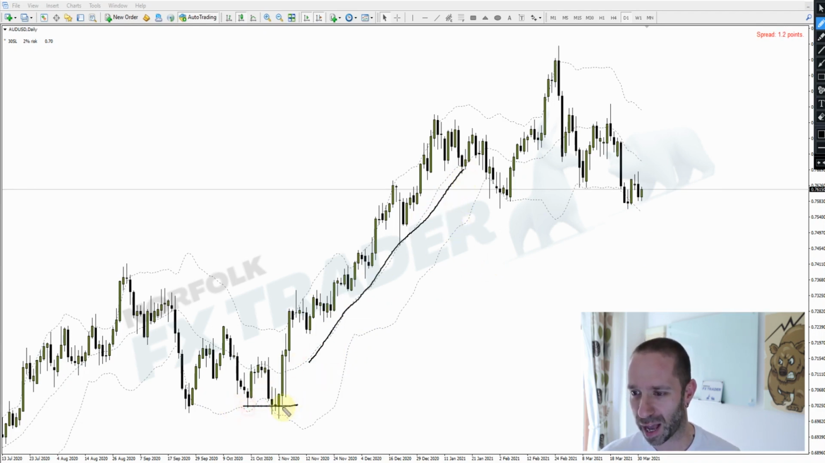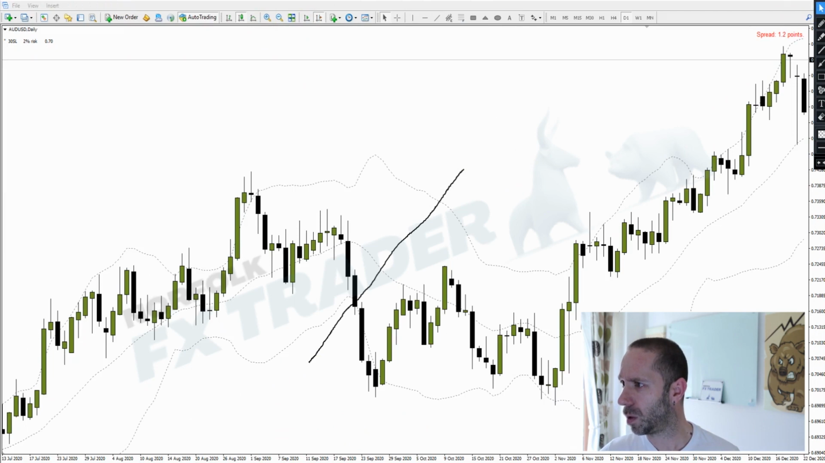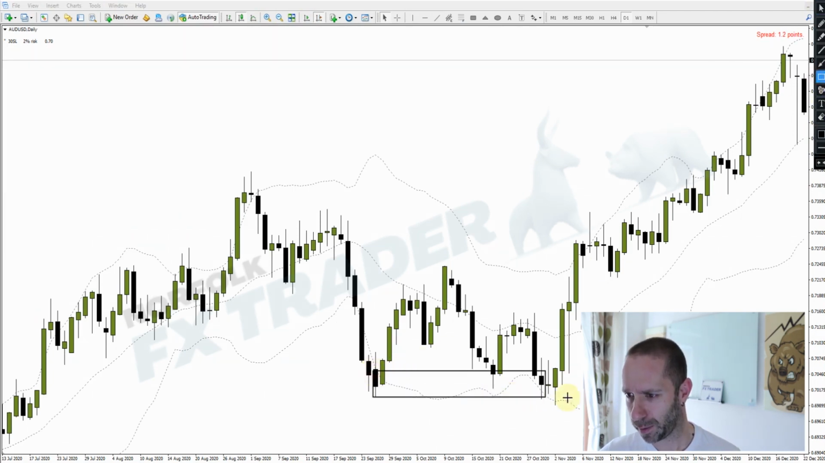Then we can use the outer bands as an area where we're seeing that reversal. Now I want to just go down to this section of the chart. We just zoom in and go back in time. I want to highlight this area right here,